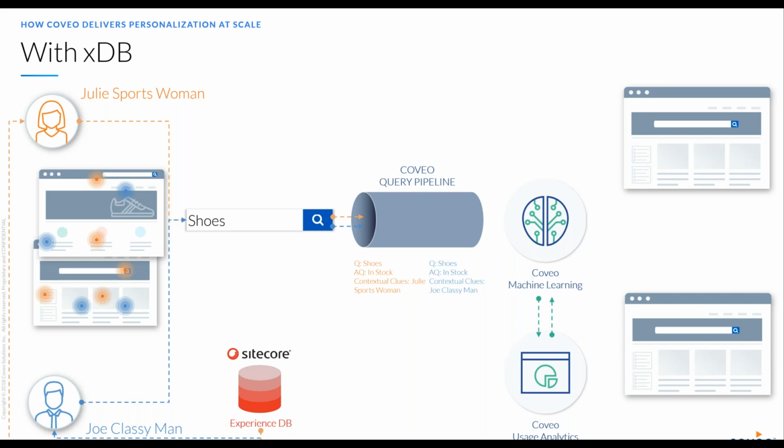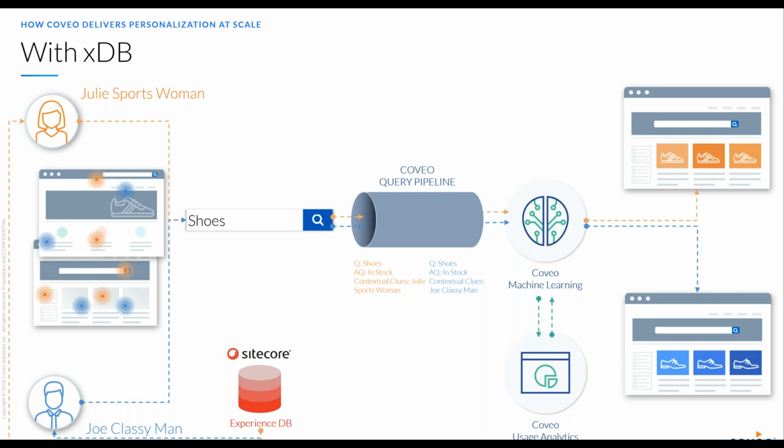So we've been able to read that particular persona, and as we go on to the next step, the search results going through the machine learning, you can see the experience on the top where Julie is given sports shoes, and on the bottom, Joe is given the dress shoes. So the same search, but two different results. And that's very important when it comes to that relevancy, gaining the context of the search and providing relevance